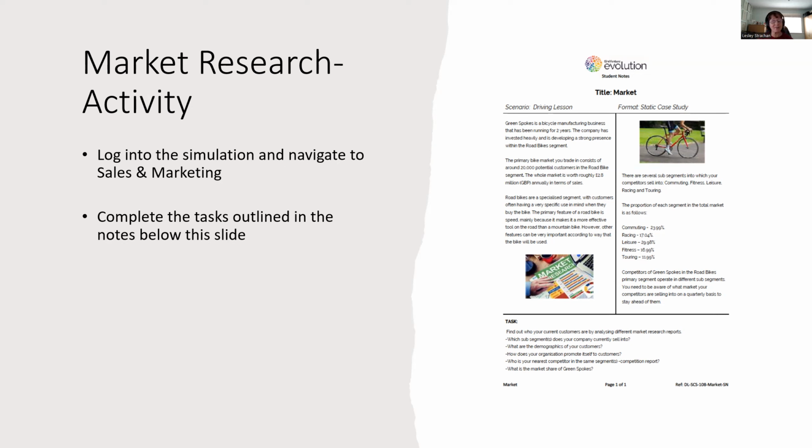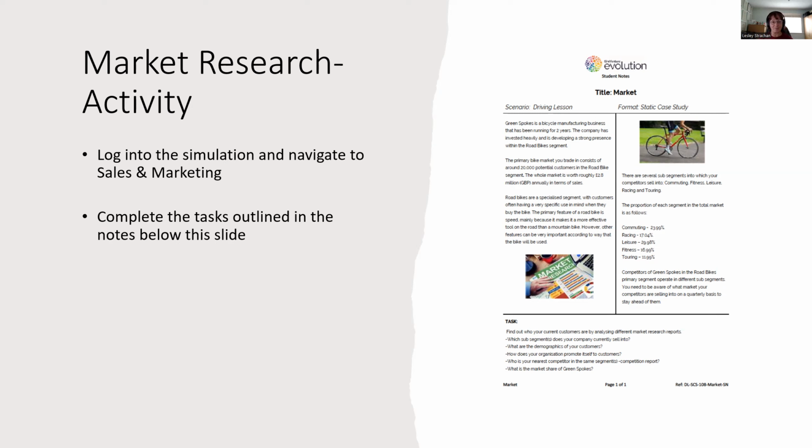23.99%, racing 17.04%, leisure is 29.98%, fitness is 16.99%, and touring is 11.99%. So competitors of Green Spokes in the road bikes primary segment operate in different subsegments. And you need to be aware of what your market competitors are selling into on a quarterly basis to stay